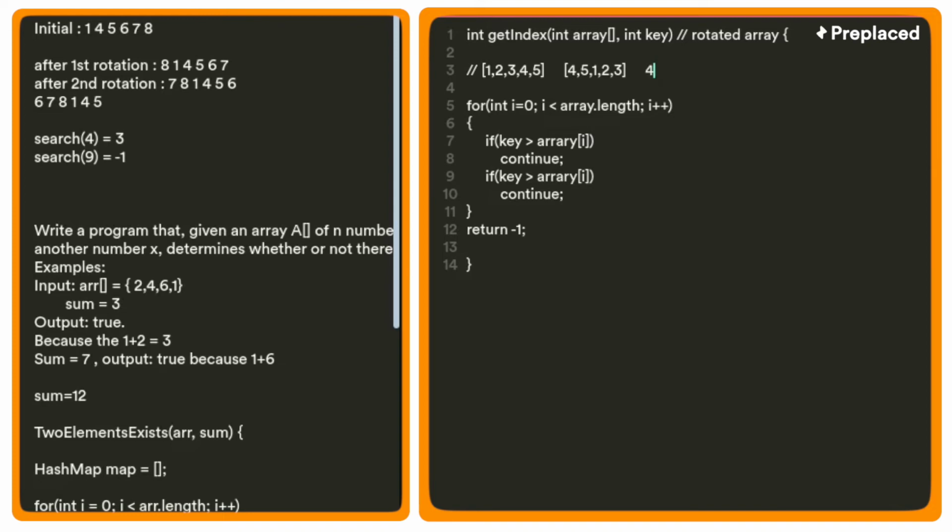so now what I'm doing, I'm trying to check if this first element is greater than this. So there are three possibilities. The key could be greater than this, or equal to, or less than. So if it is greater than,